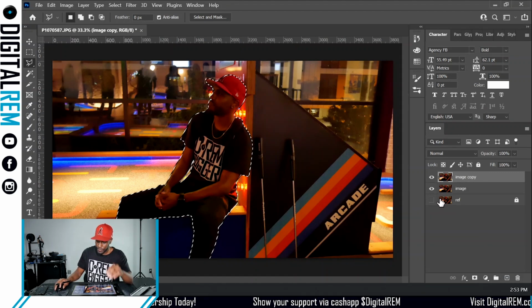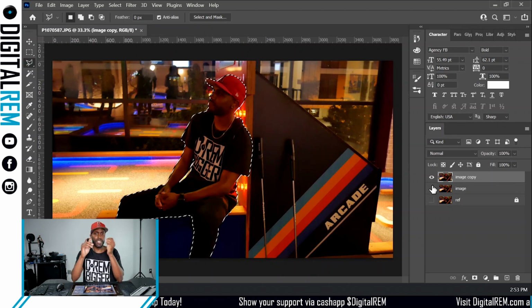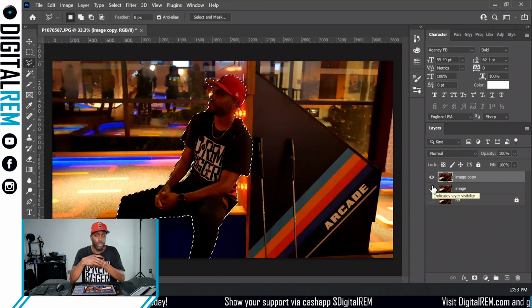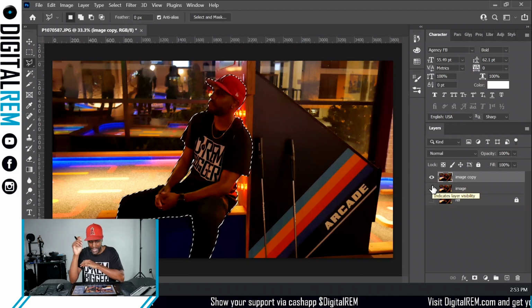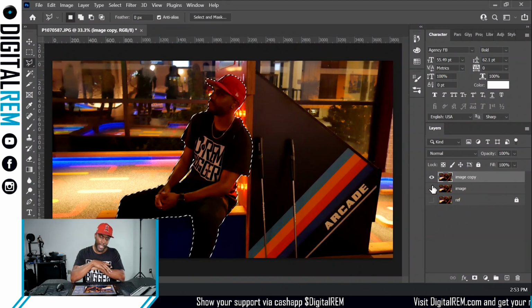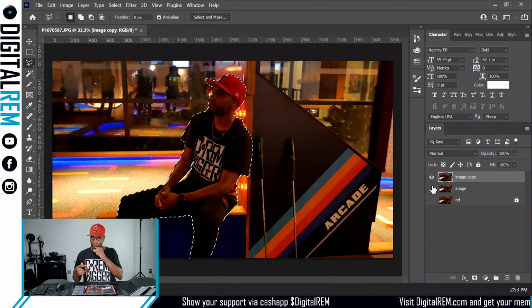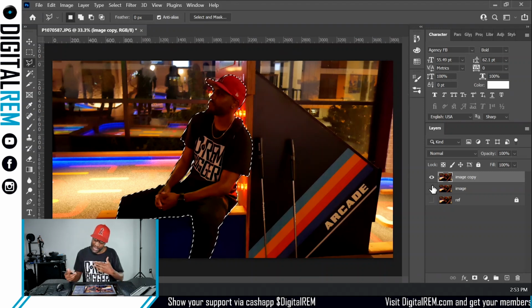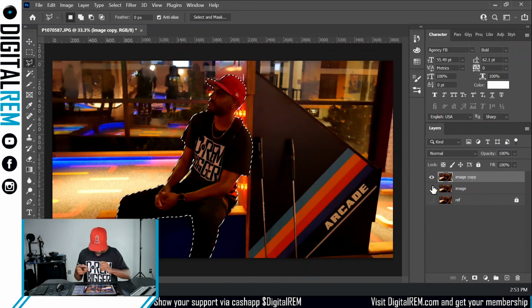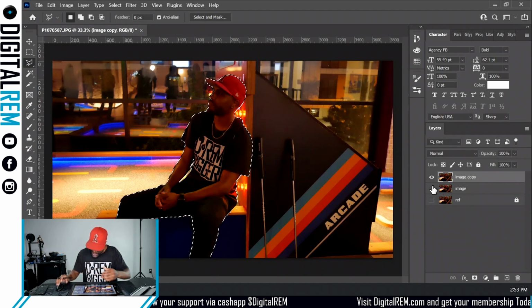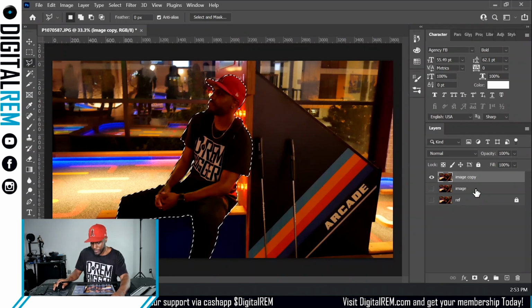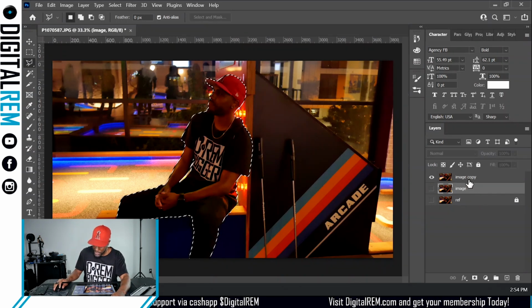And what you want to do, this is a tip. This is what you consider a mask. You don't want to hit the delete button. It's tempting to just hit the delete button and get rid of everything. But if you do it that way, you can't bring everything back. So what we're going to do is consider it a mask. I'm going to show you what that is real quick. So a mask,